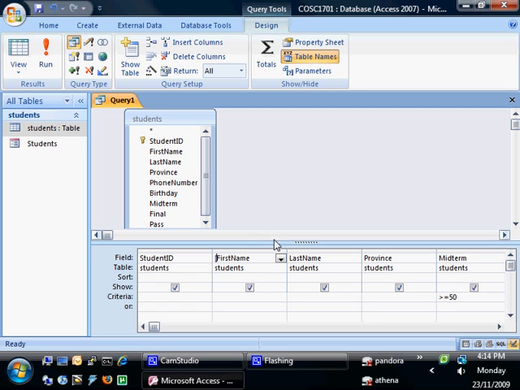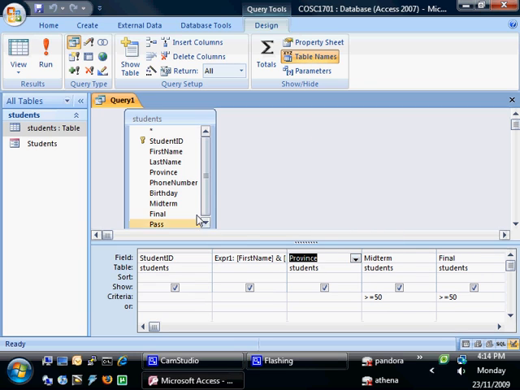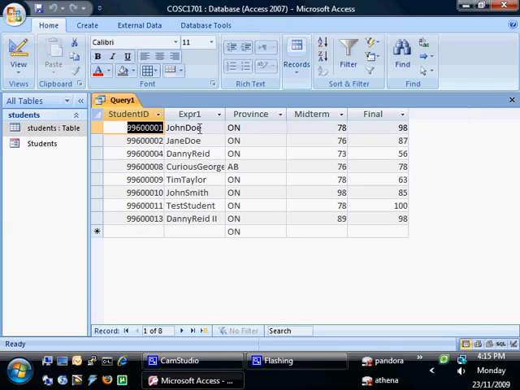You're going to basically put the fields in square brackets, and the AND operator, the ampersand, is going to join different fields together. So if I were to go first name and last name in this field here, and what I'm going to do is I'm going to right click on the last name field because we don't need this one anymore, so we're just going to cut that out. And now we go back to the run, and you can see that our names are together,